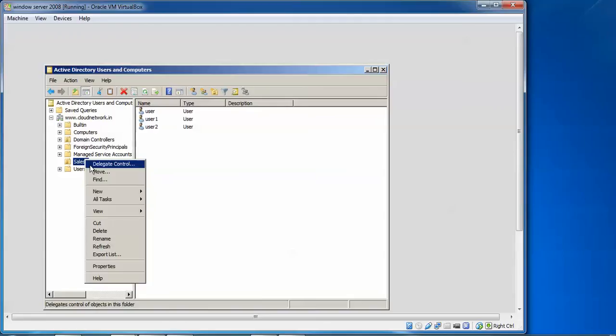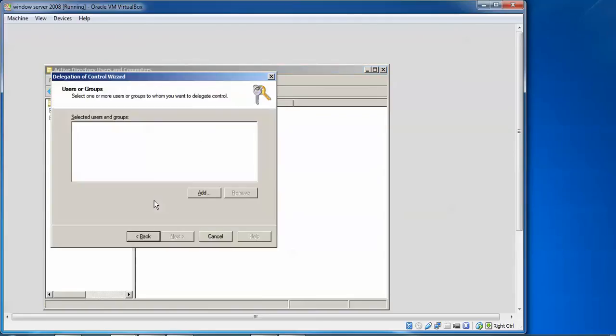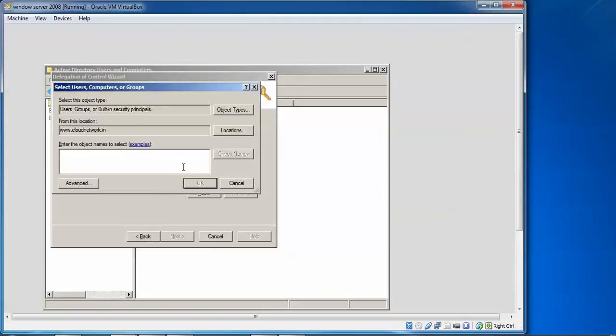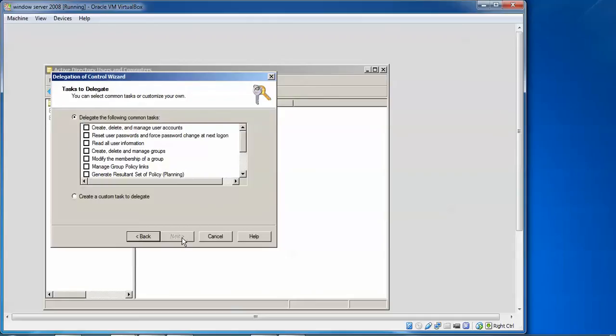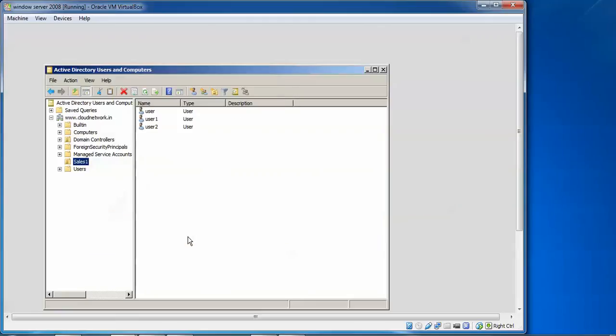Go to Delegate Control, Next, and then we need to add a user, like Administrator, I am giving. Okay. Then next we need to delete this and check this box. Then click on Next and finish it.